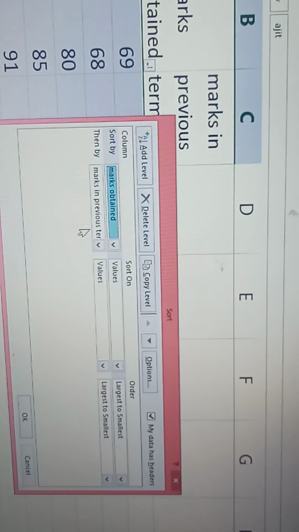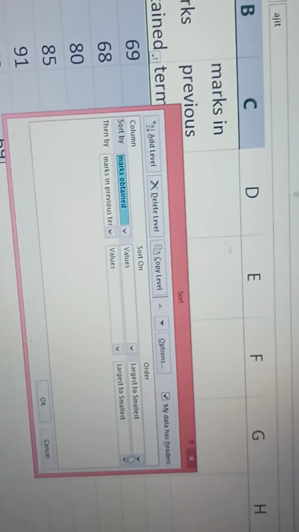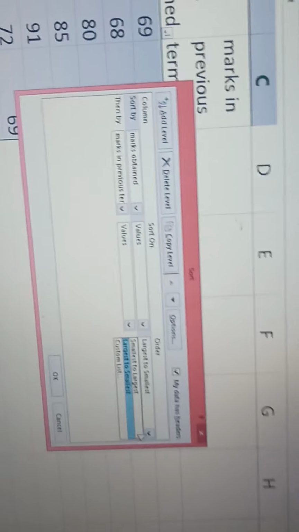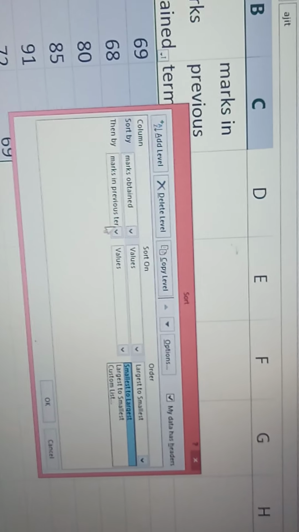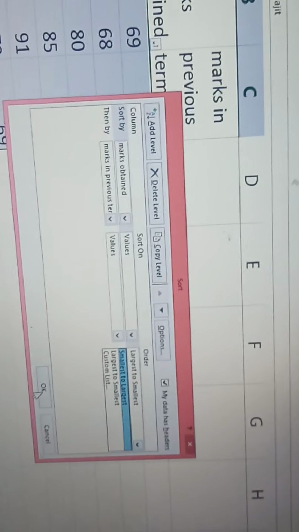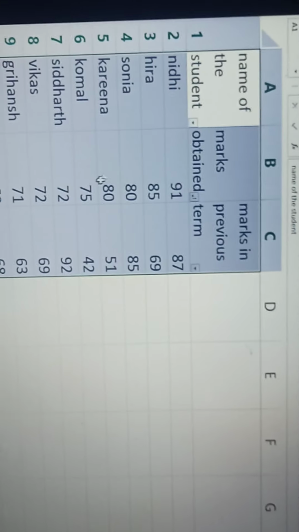Then click the order box to select the A to Z option in case of text data, and the smallest to largest option. Here suppose I select largest to smallest or smallest to largest, then by marks in previous term, and then if I click OK, you can see here 91, 85, 80, 80, 75.